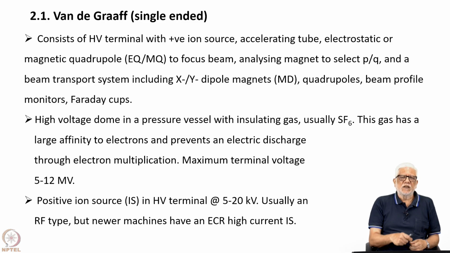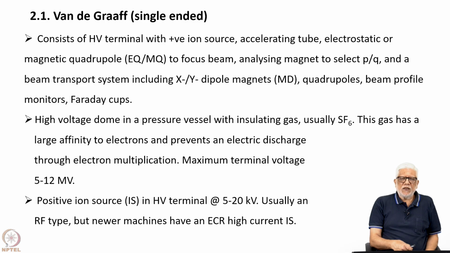So if there is any ionization produced which could possibly lead to multiplication in the high electric field near the dome, then that is prevented because these electrons quickly get attached to the SF6 molecule. And this way you can achieve machines where maximum terminal voltage is of the order of 5 to 12 MV, million volts, and such machines have actually been used in the past and even presently when that is the